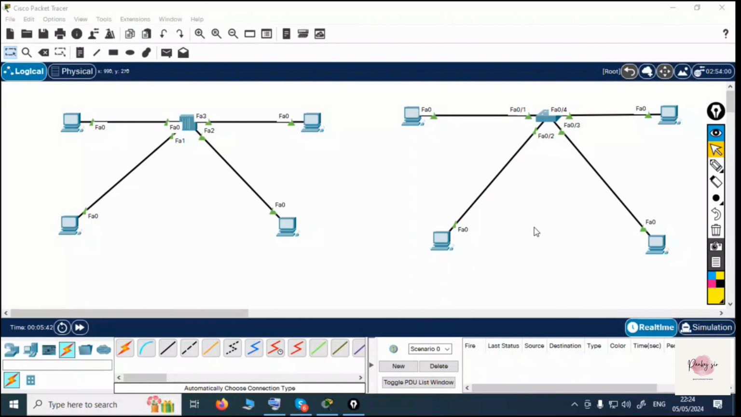In functionality, we'll see the difference in the characteristics of a hub and a switch. Got it? So this is a hub. This is a hub. And this is a switch. So let's see the difference. First of all, I'll give